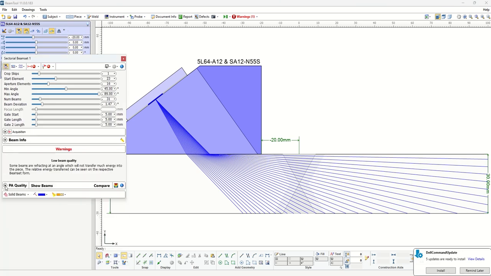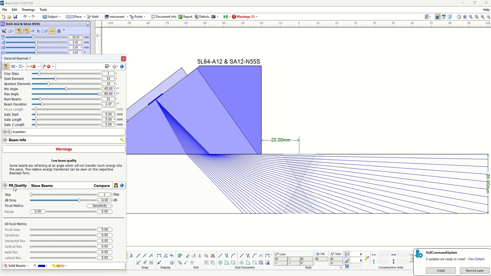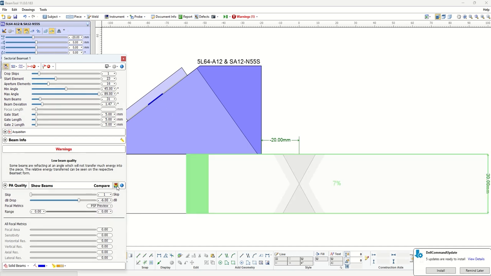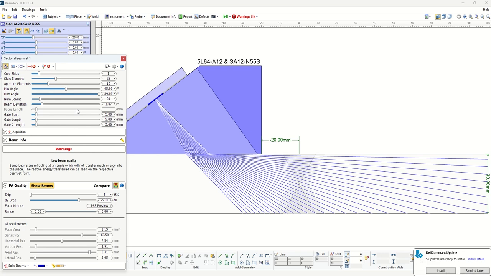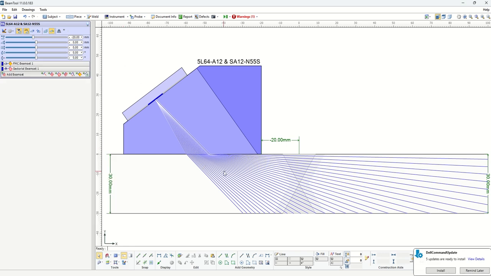Similar to our FMC beam set, we have a PA quality map. And here I can come and basically switch these first to point spread function preview and start the simulation. So the simulation is going on in the background, and the point spread function calculation is being done in the background. And when it's done, we can click on show beams, and we can see that we have the similar concept here as our point spread function. If I zoom in here in this box,